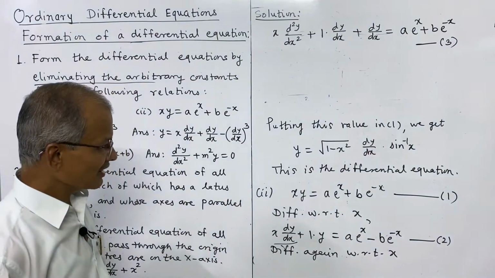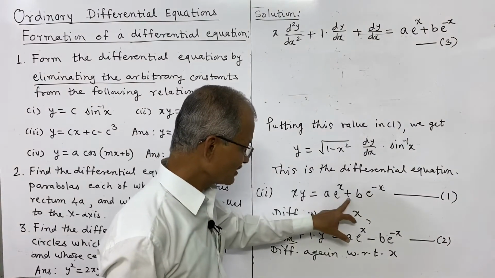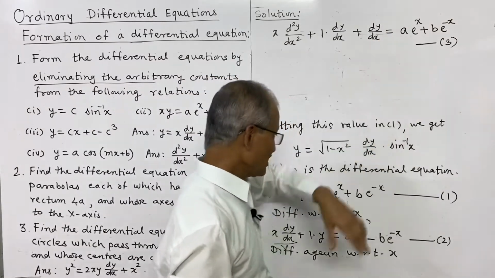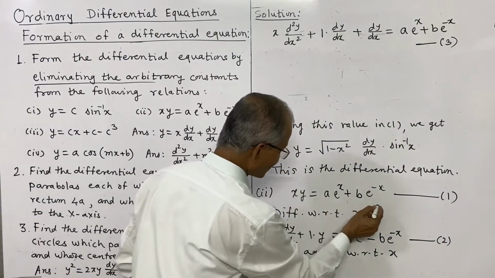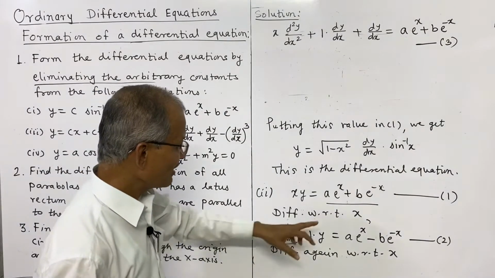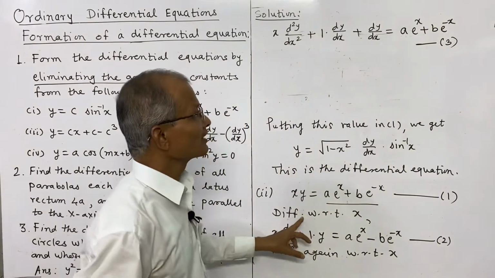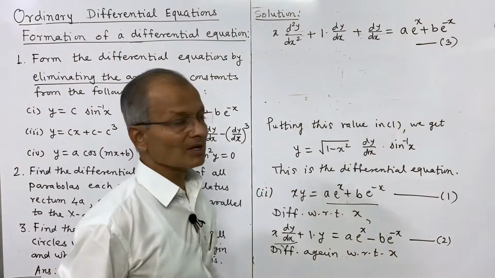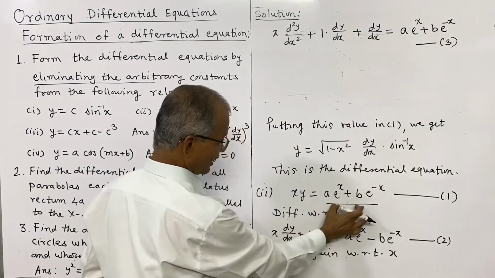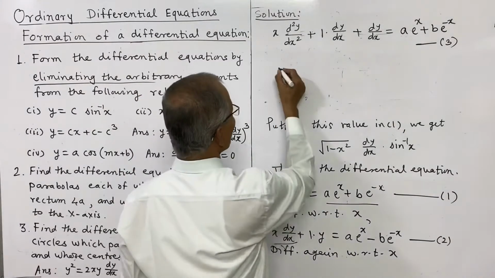But here we can see this is the first equation, in the second equation this sign becomes minus, and in the third equation again it becomes plus. So that means it is the same as the right side of 1. So therefore we can put this value of the right side equal to xy from the first relation. 1 and 3 can be used. So this is the right side of 3, which is the same as the right side of 1, and that is equal to xy. So from 1 and 3